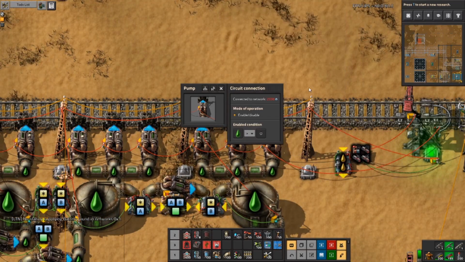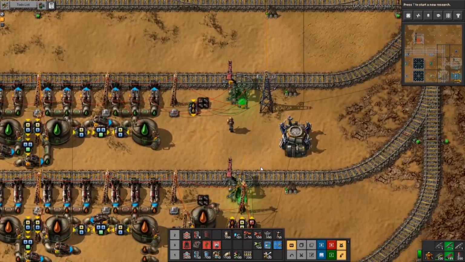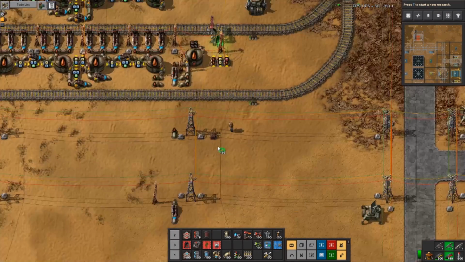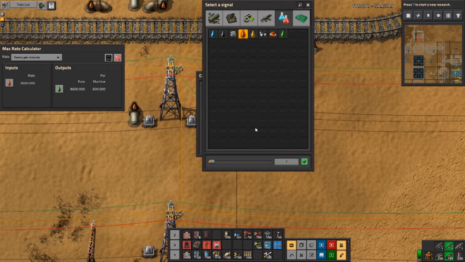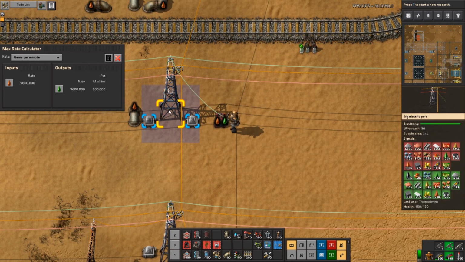Then configure the pumps to work as intended. So now also constant combinator, green wire, Max rate calculator, getting all of that. You consuming heavy oil minus 9600, and for that adding 9600 of that, and that is another minus in the system. But I'm also not sure if we have...